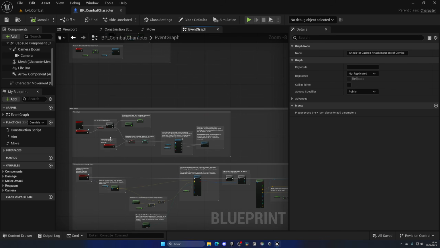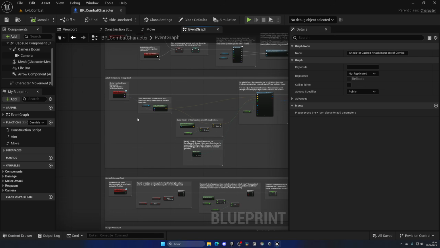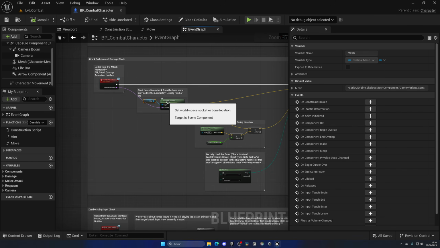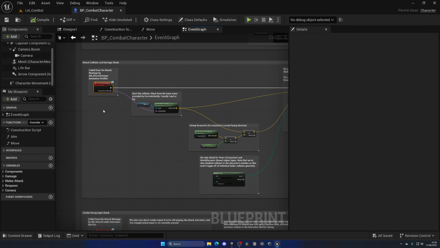Let's go back up, which is over here, and we also have the attack, collision, and damage check. This is one of the most important things. I mean, this is basically where we actually implement the trace to detect the enemy and apply damage and actually have some gameplay going on, right? So we basically get a damage source bone, and we get the mesh and the socket location. So we are basically creating a sphere trace around that point, which I imagine then when we call it from the interface, it will be something as the fist, the hand, or the arm, something there that we want to